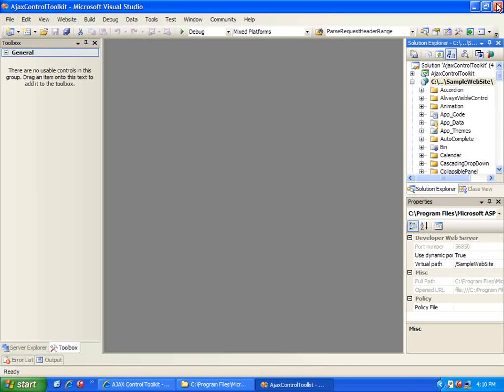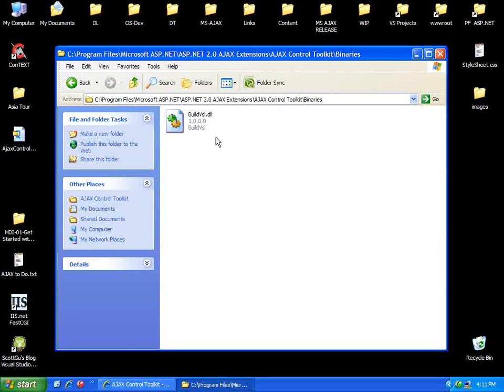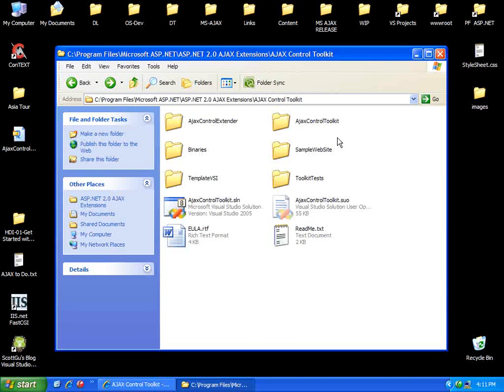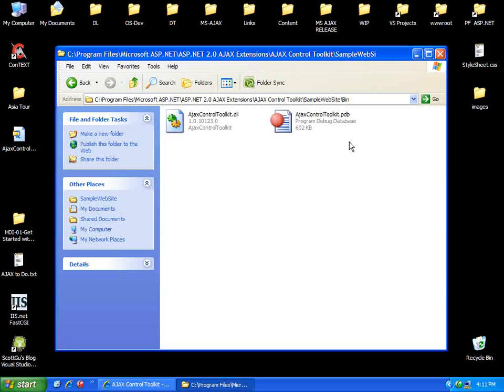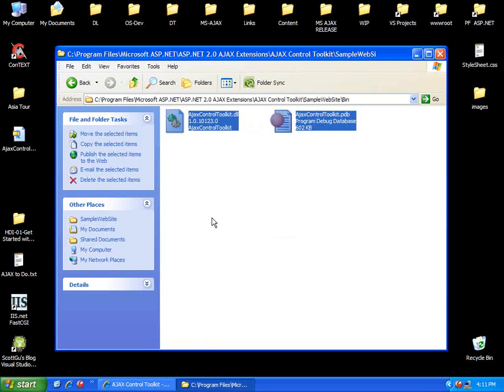So let's go ahead and hop out of Visual Studio. A couple things that we want to do here. You'll note that there's just this build VSI DLL file in the AJAX Control Toolkit binaries directory. When you unzip the files, the actual AJAX Control Toolkit DLL will be in the bin directory of the sample website. But because I installed all the source code and I'm probably going to want to play around and make